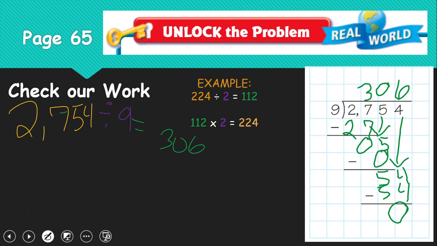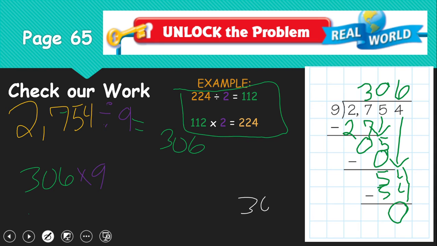Now we're going to multiply. We're going to multiply our quotient times our divisor, which should give us our dividend. So you can kind of see I'm going to flip it around just like I did up here. So I'm going to do 306 times 9. And you can check your work over here off to the side. I'm going to use a white marker. So we have 306